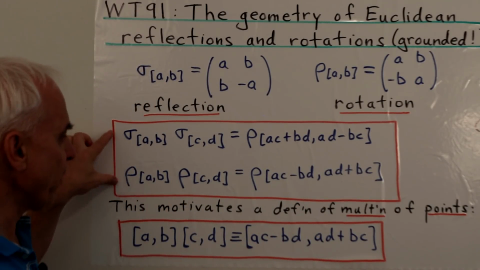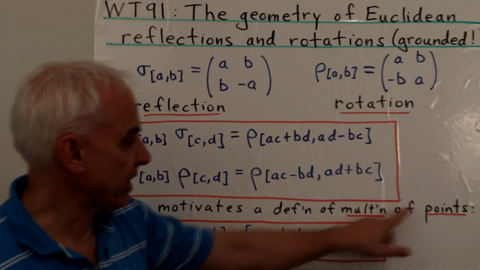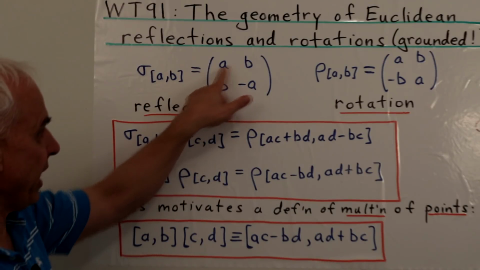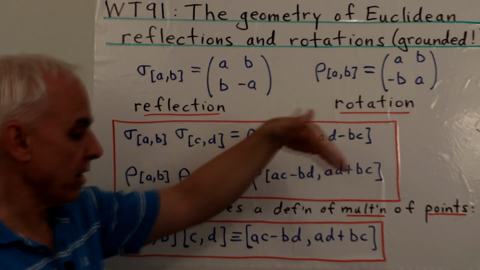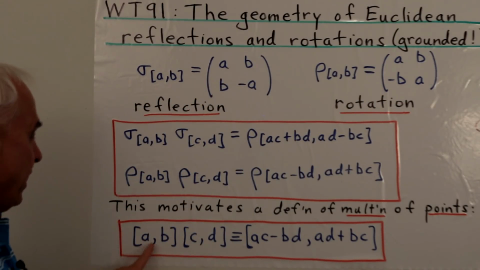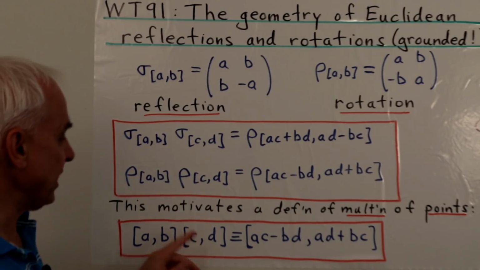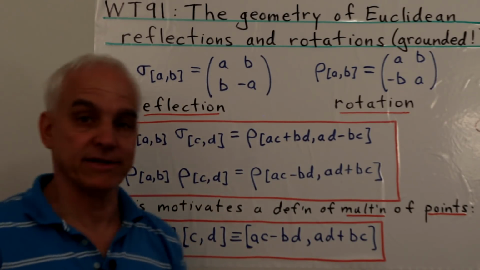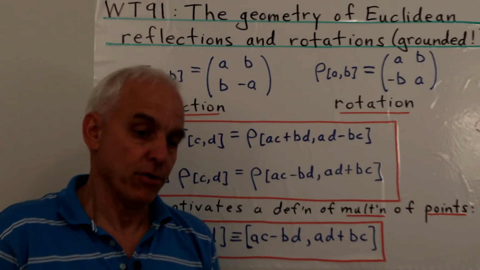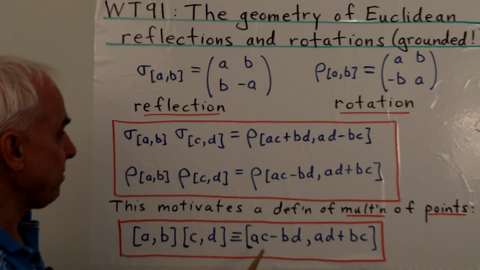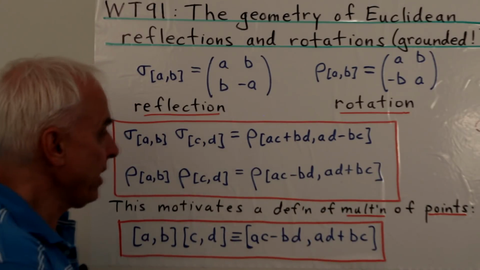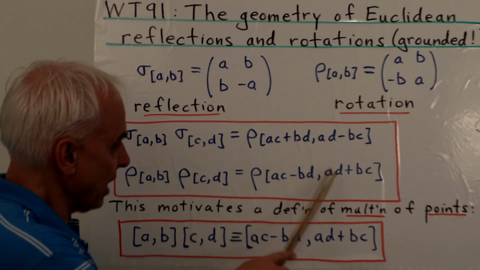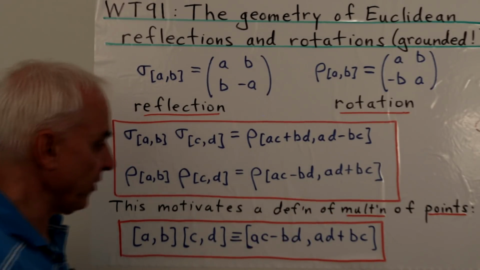And this also motivates our definition of multiplication of points. So if we have points on the unit circle, and throughout A and B here are all points on the unit circle, then if we have two such points, A, B, and C, D, then this is how we multiply those points, and it's really just complex number multiplication, or you can think about it that way. And that's appearing here in this formula, and a variant of it is appearing here just with the minus sign replaced with a plus sign and vice versa there.